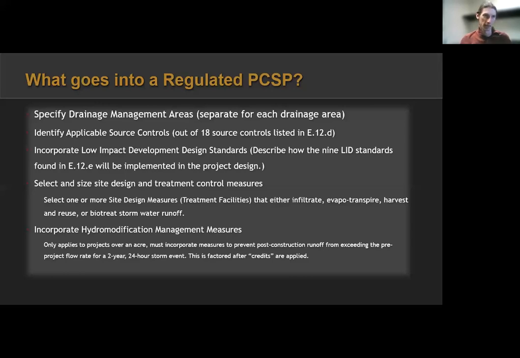That warehouse and slab need to reflect what the vegetated field was doing for hydromodification, or before hydromodification occurred. That's the idea behind it. And so you can do that after credits are applied, but that is something to remember for projects that are over an acre. They need to identify those as well.